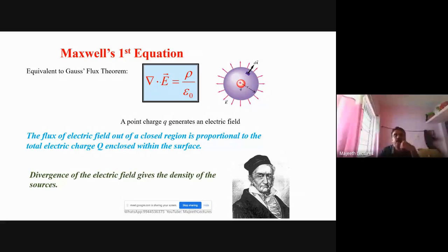Del dot D, this I can write as del dot D is equal to rho v, because if I bring epsilon, E is equal to D. So charge creates electric field, a diverging electric field. I explained this already. So divergence of electric field gives the density of the source, right? That's what we have to understand. Right, so Gaussian surface and all we don't need.